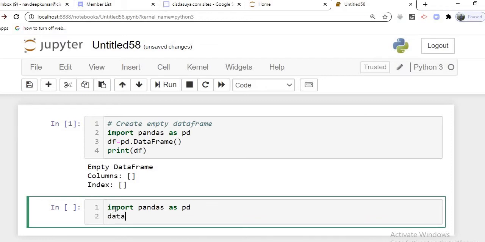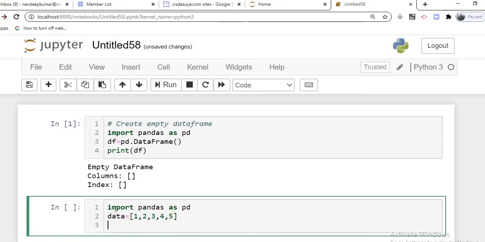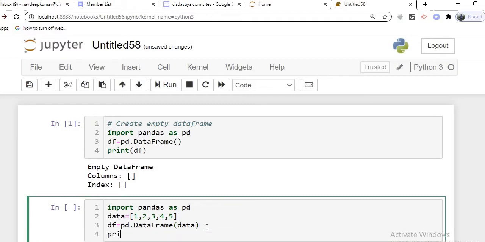Data we are going to create using a list, and then finally df is equal to pd dot DataFrame. DataFrame is a method of the pandas library, and here we are going to supply the parameter data, and the final step is how to print this data frame.